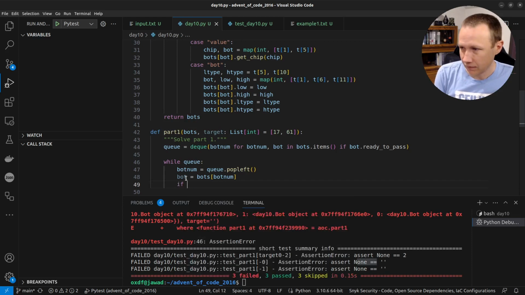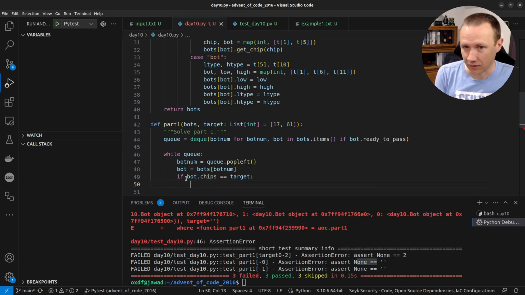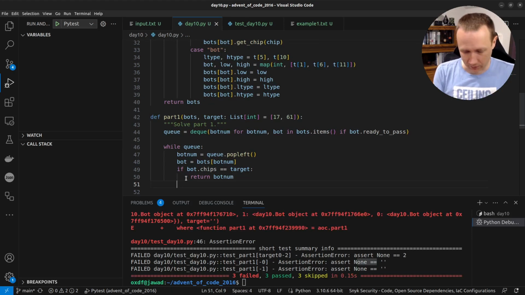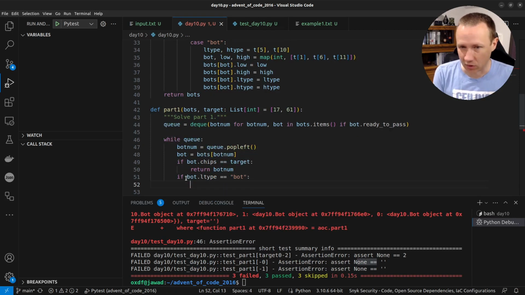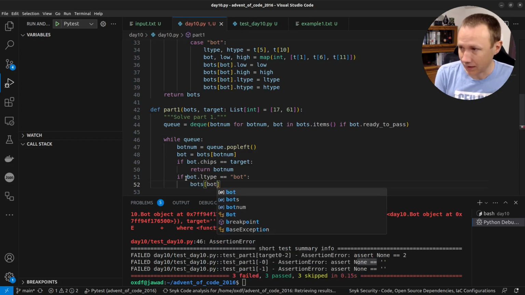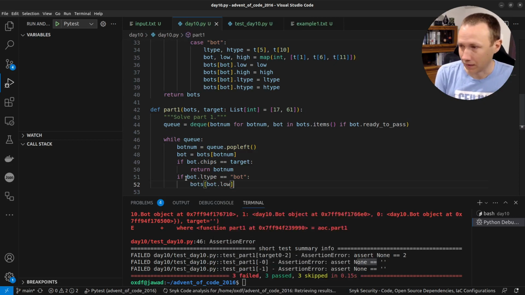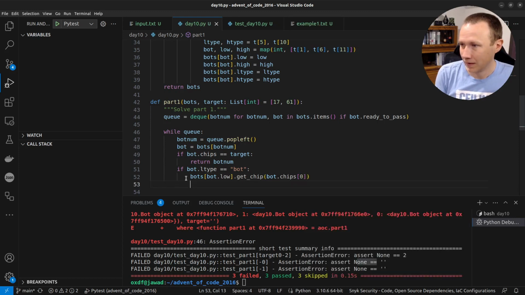We can say if bot dot shipped dot equals target. Like if we found our thing, return bot num. Otherwise, we're going to process it. So we'll say if bot dot l type equals target bot. So if we have a bot, we're going to pass some chips. So we'll say bot.low. We get the lower bot dot get chip. And we're going to pass bot.chips.0. And then we'll say if the bot.h type,